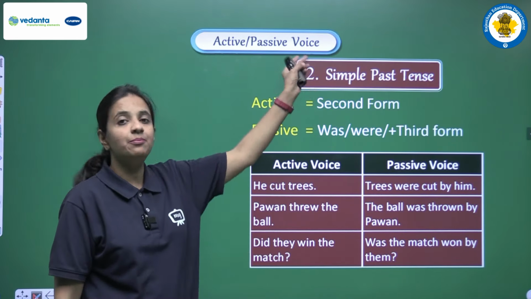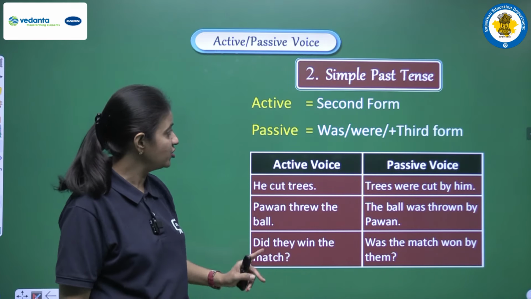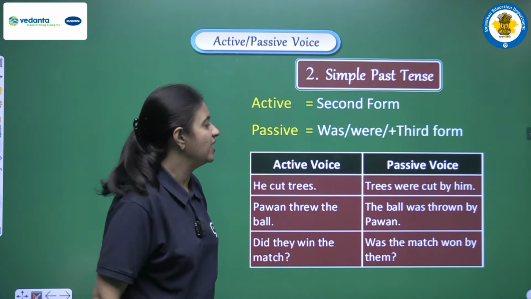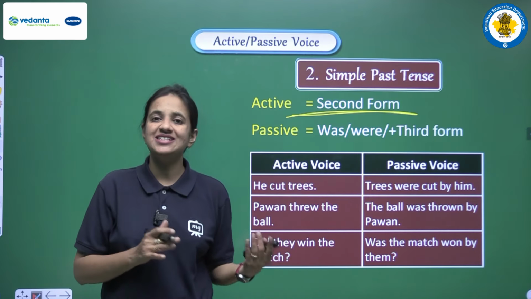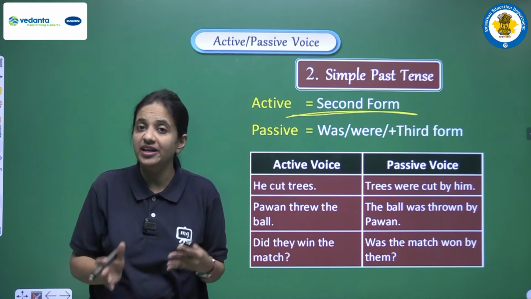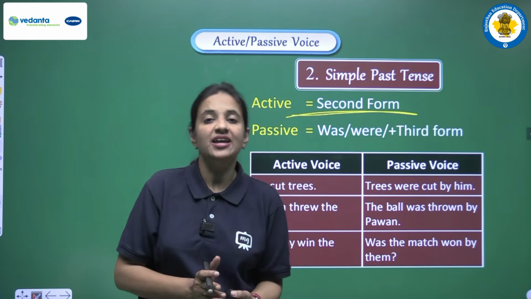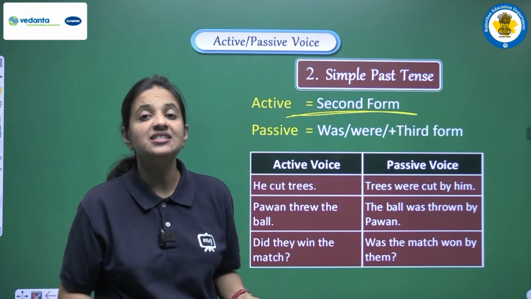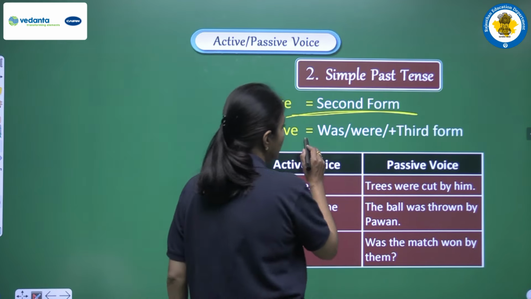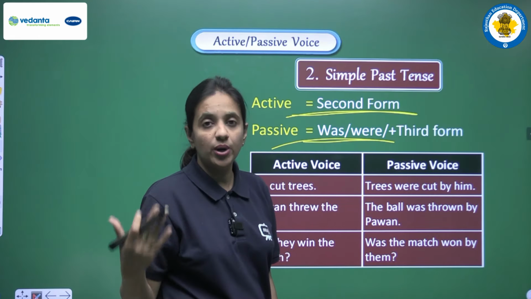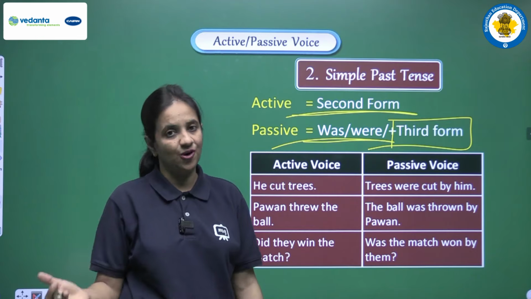Moving on to our second tense. Now we have simple past tense. So simple past tense भी हमने बहुत डिटेल में हम ऑलरेडी कर चुके हैं. If in the active voice we have the second form of the main verb, it means we have past simple tense, right? Because helping verb hidden होगी, did use नहीं किया हुआ होगा, और main verb की second form होगी. It means we have past simple tense. And yes, if past simple tense is there in active voice, then in passive voice we have to use was or were. And yes, main verb की हमें पता है, we have to use only third form, right?